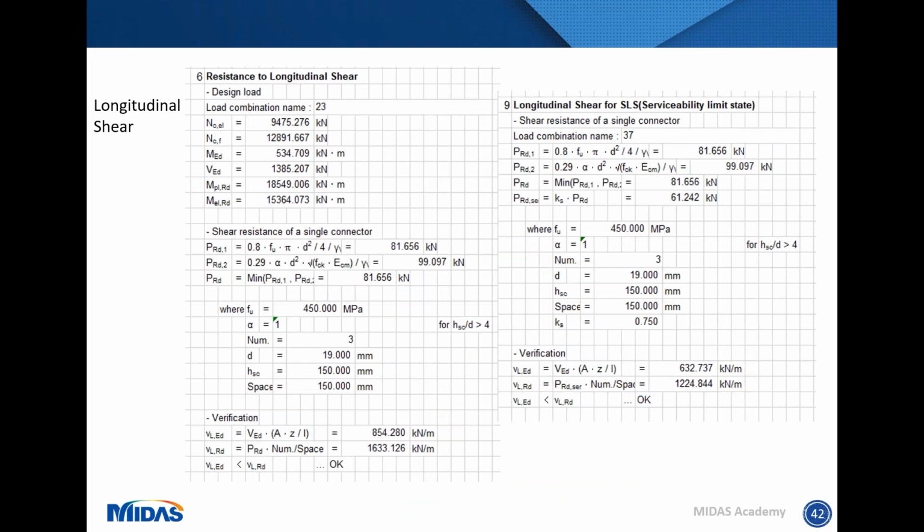And similarly, from what I'd shown you before in terms of the inputs, this is the output that's been produced for longitudinal shear. In this scenario, a slightly different combination from the one before is the worst case, and the software again has gone through and picked up all the different analysis. You can see here I've provided more than enough shear studs for the analysis, and actually it's quite underutilized in this scenario. But again, these are things that you're able to verify, and just work your way through as you go through your different analysis.